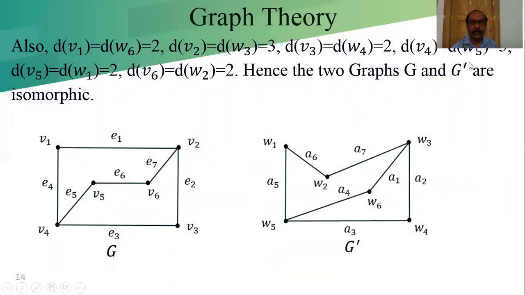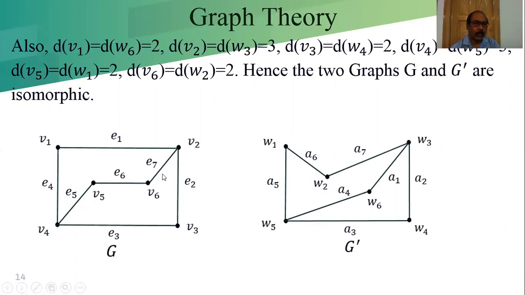If we check the degree of V1, V1 is corresponding to W6. The degree here is 2, here the degree is 2. Degree of V2 is 3, and V2 is corresponding to W3, this is degree 3. Now V3 is corresponding to W4, degree 2. Now V4 is corresponding to W5, both have the degree 3. Now again V5 is corresponding to W1, both have the degree